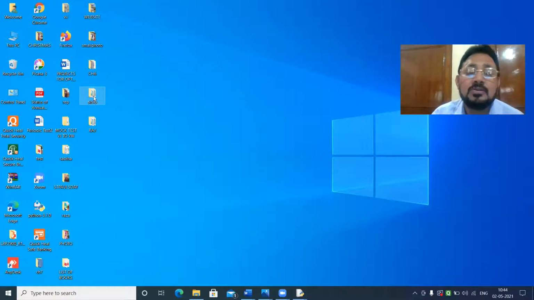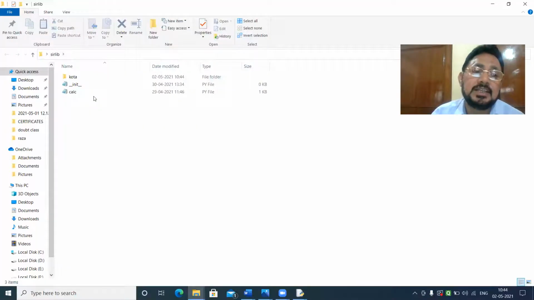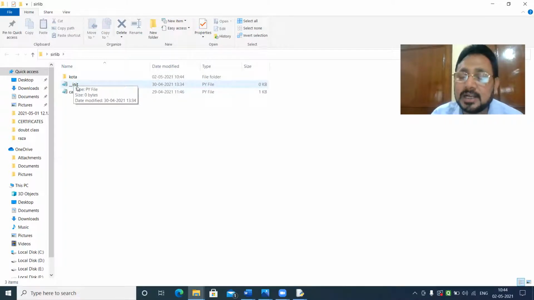What we are having now is one library folder that has a module calc. It may have some more modules, but at least one module is there, one init file. So that library folder is considered as a package.